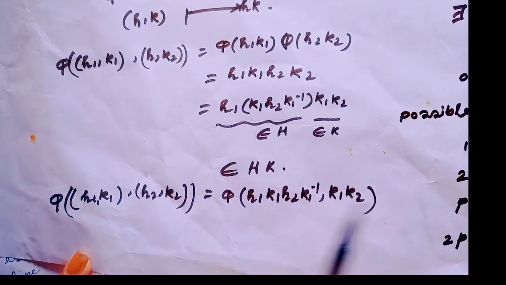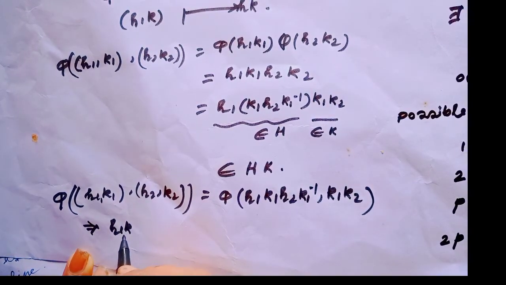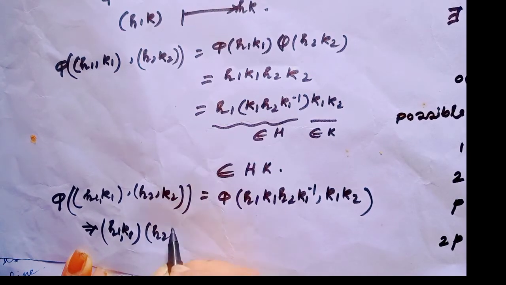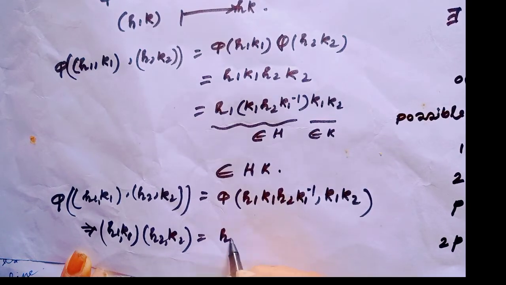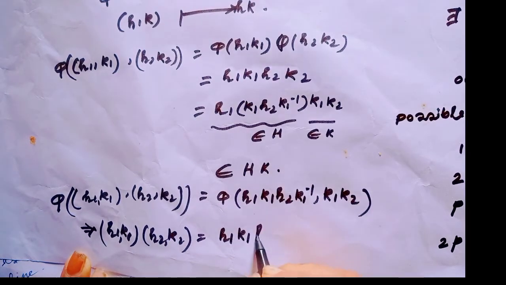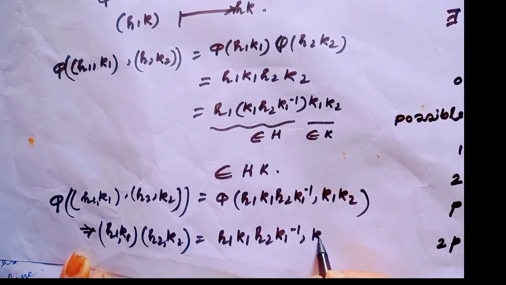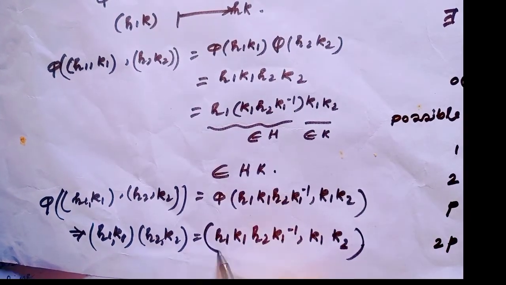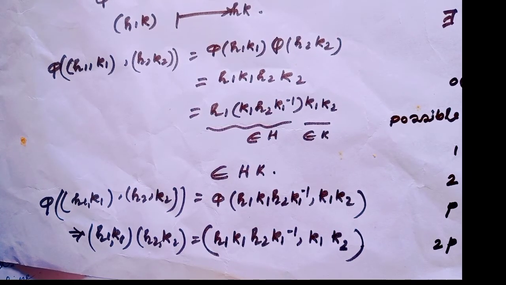So by injectivity, we can write it as H1 K1 times H2 K2 equal to H1 K1 H2 K1 inverse, comma K1 K2. Are you getting? And this is the group law. Okay? That means